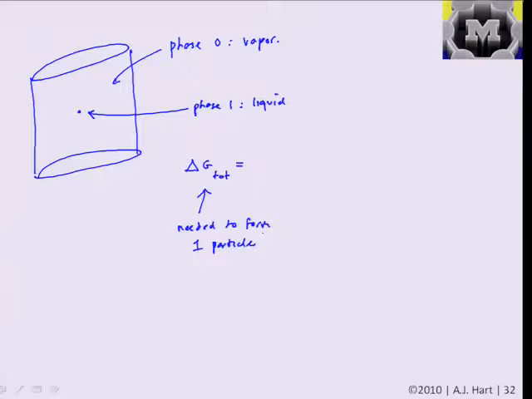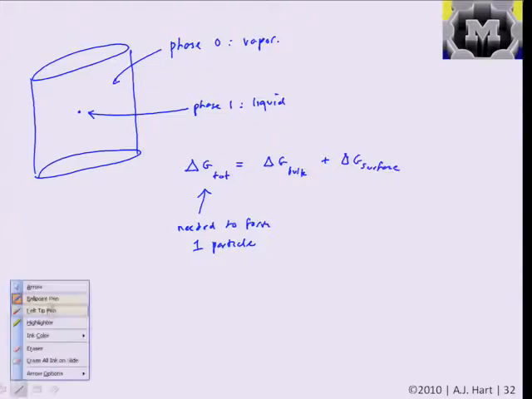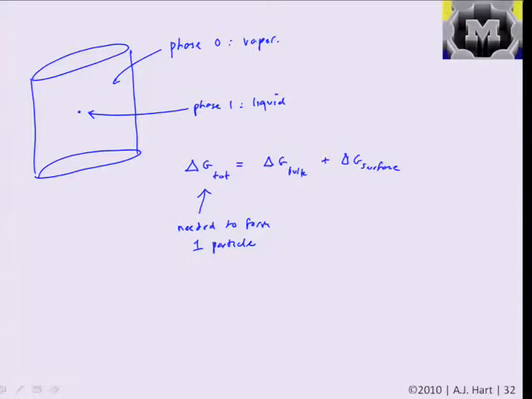And we can say that this is kind of like we had for melting of particles. This is a bulk energy change plus a surface energy change. And now we can equate the bulk energy change to an expression for the number of atoms in our